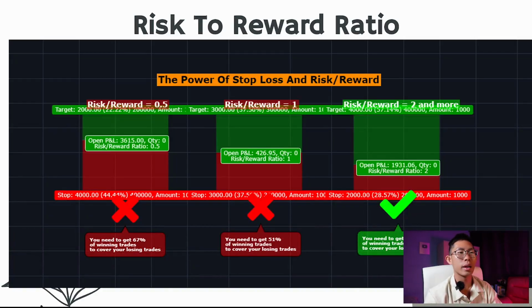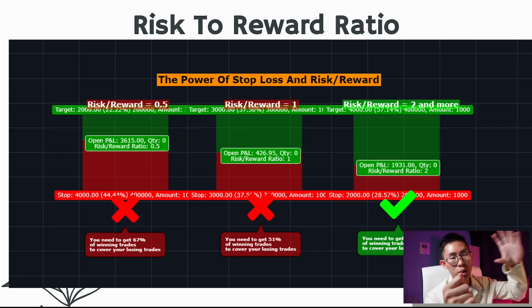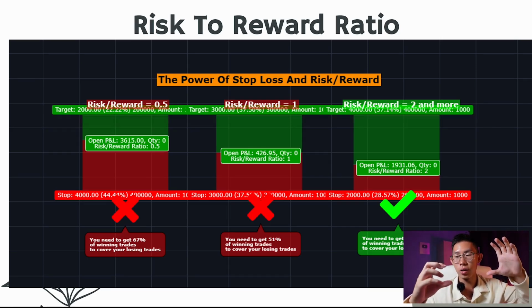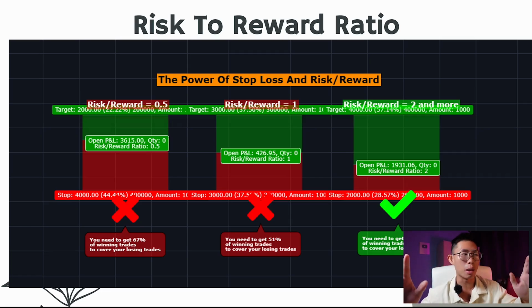I always tell you guys that the minimum risk to reward ratio that you should use is 1:2, but you guys don't really understand why, right? So here is a very basic explanation. Let's say today you use a risk to reward ratio of 0.5. That means you're risking 1% to get back 0.5% in return. That's freaking stupid because you are literally risking more than the amount of money you're getting back in return. So that's just dumb, all right?